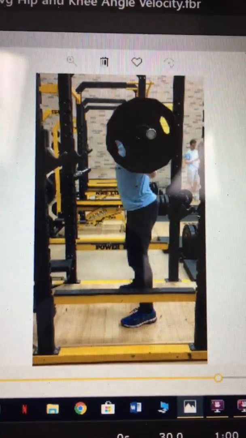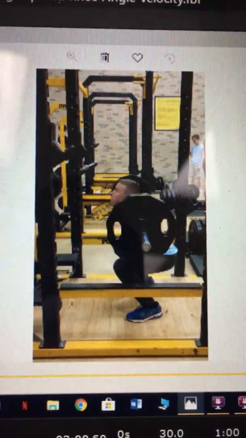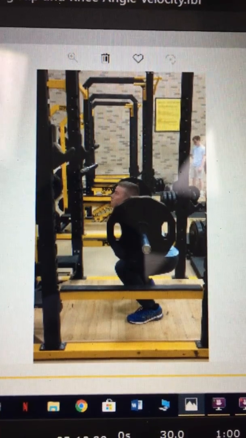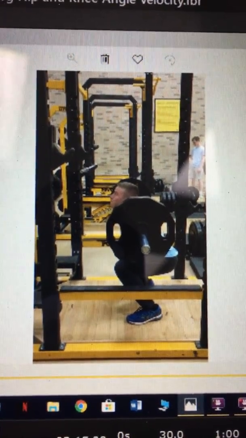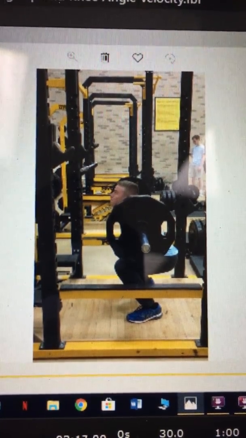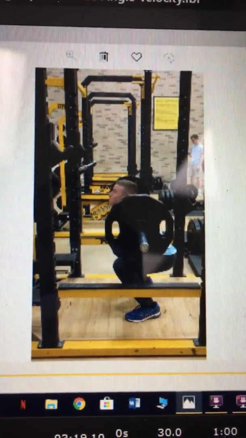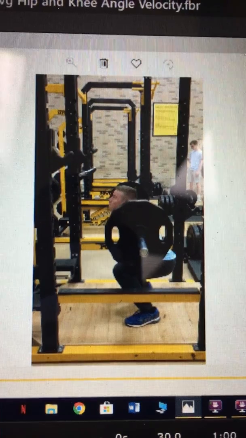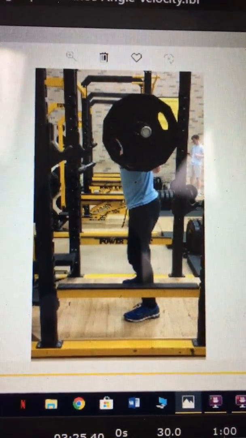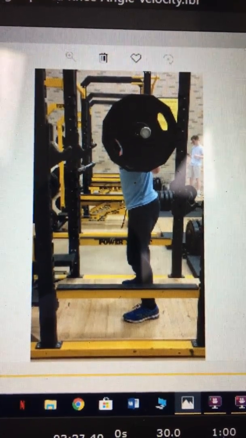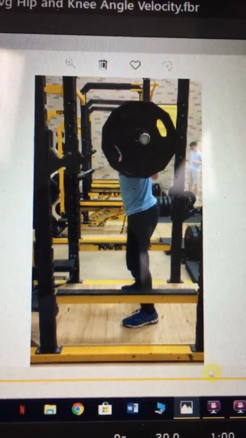Now, when looking at the last rep, he is going to be starting at 68 degrees and going to 164 degrees with a change in angle of about 98 degrees. And again, the time is the same from the last video at 1.98 seconds. So now we're going to do 98 divided by 1.98, and that equals